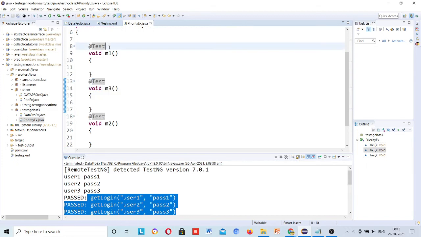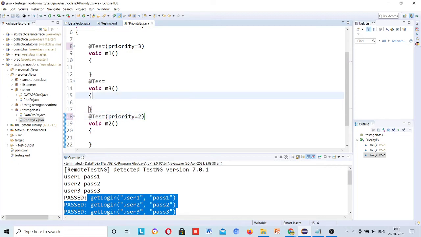So I will write here priority is equal to 3, and this one as a 2, and this one as first, priority is equal to 1.